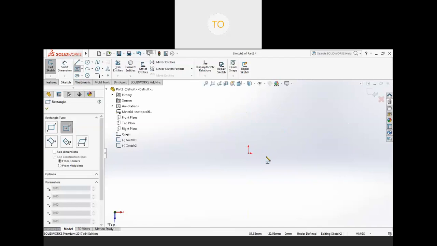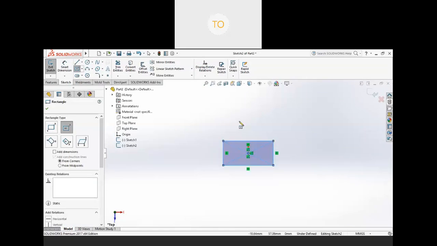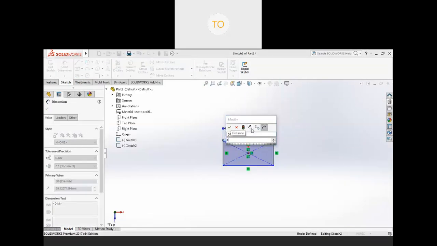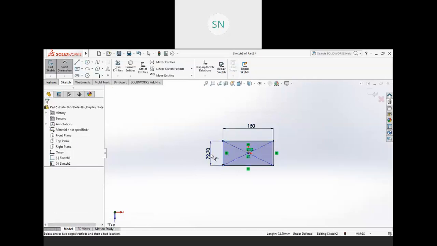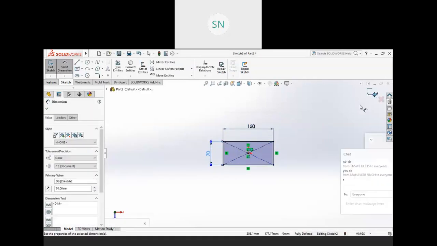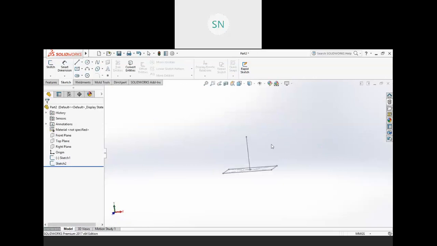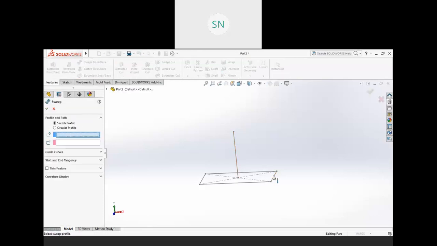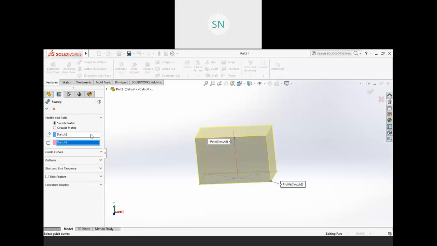Here we have a sketch, for example 150 and 70 mm, and finish. Now this is our profile, this is our path. So you can use the sweep tool, this is my sketch and this is my path, and you will get